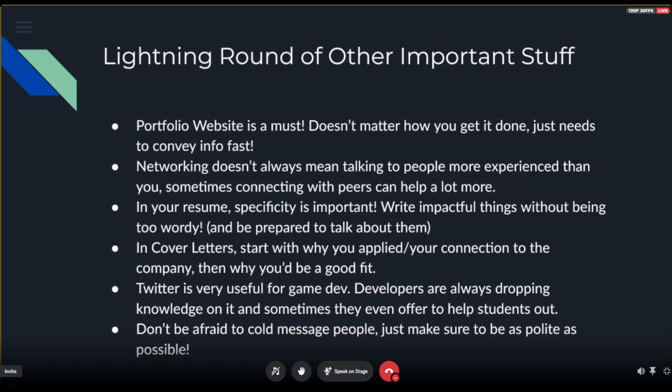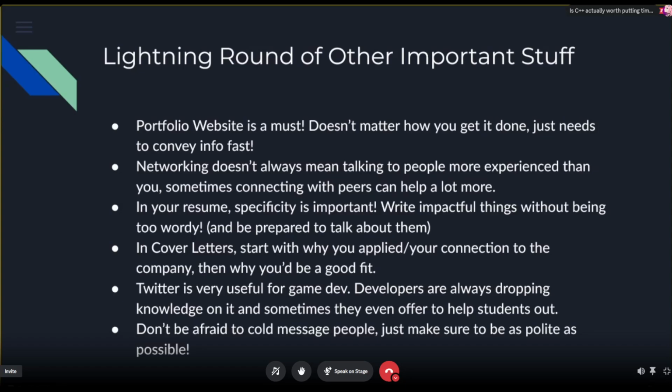There's a tier list to the type of info that you want to put on your portfolio. At the top are videos and GIFs. Right under that are pictures of your game. And then under that are words talking about your game. Those are the three main things. Ideally, you have all of them, but you want people to be able to see your game in motion as fast as possible when they go on your portfolio.